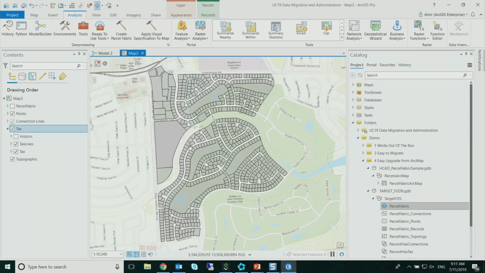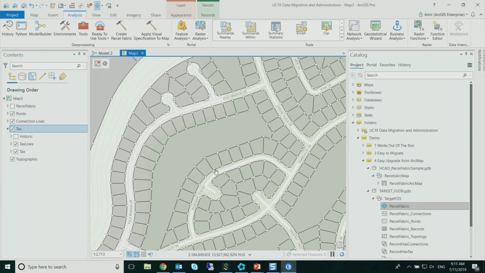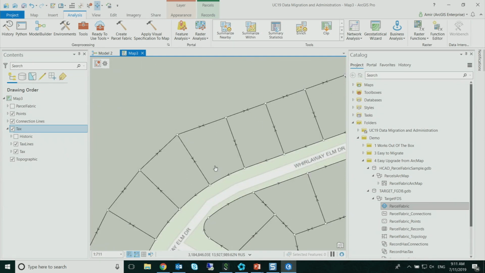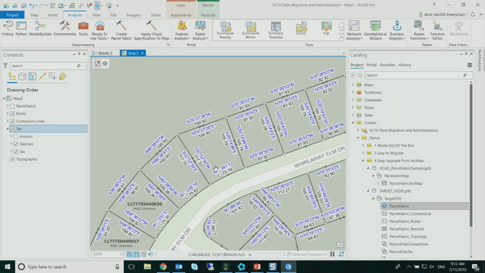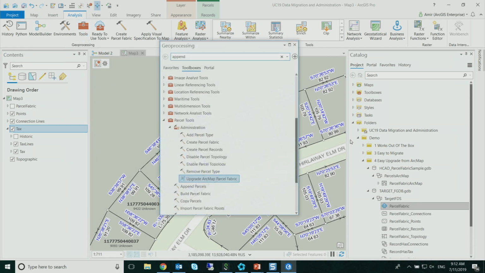It's adding the parcel type, and here they are. If we zoom in, we'll see there's points already, there's lines, there's parcel dimensions. This time they came from ArcMap, but we can see there's duplicate lines between them. Well, with the new information model, I don't really need to have this redundant data between the parcel lines, so